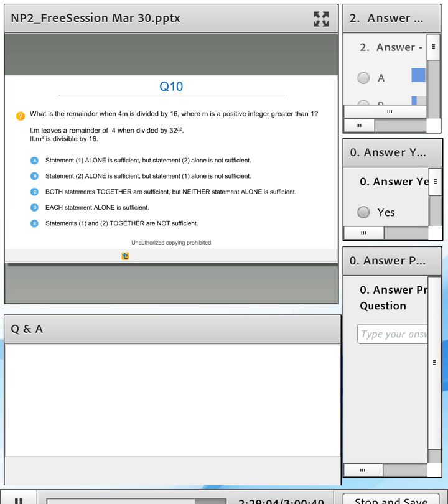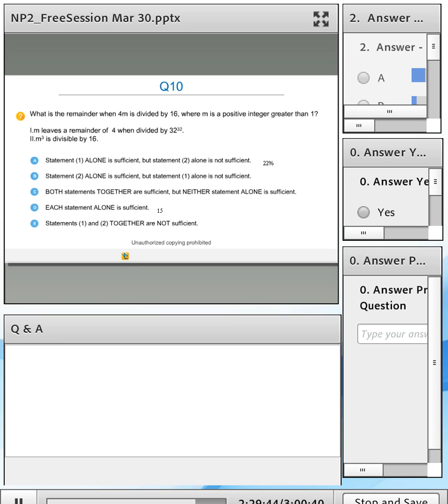Now, this question has seen a tremendous improvement. When you solved this question last time around, only 15% of you selected choice D as the correct answer. 22% of you selected choice A, and then 40% of you selected choice C. But now I can see that only one person selected choice C, and more than half of the class selected choice D as the correct answer, which was only 15% last time around.